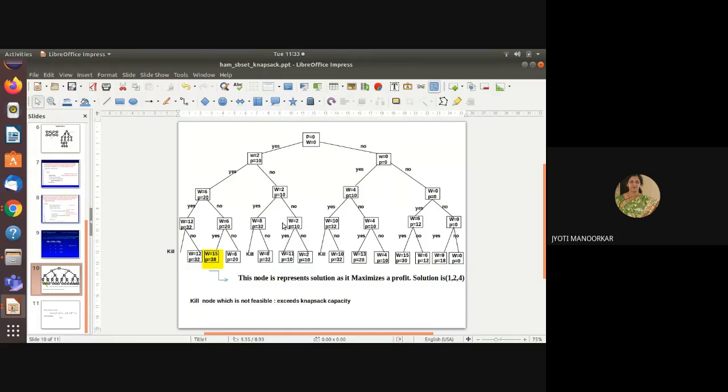Try to explore this internal node, that is W is equal to 2 and P is equal to 10. If you try to create the left child for this, check the current capacity of the knapsack, that is 15 minus 2, and the weight of the fourth element, that is 9. So the fourth element fits into the knapsack, hence I will update W. W is equal to this weight 2 plus the current element's weight 9. Okay, so I will get W is equal to 11 and P is equal to 10.